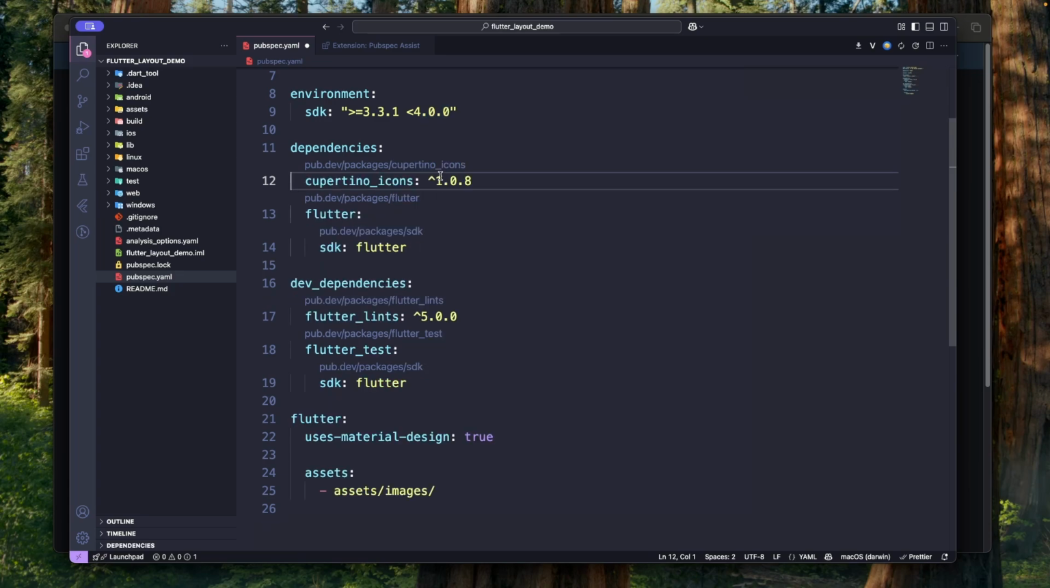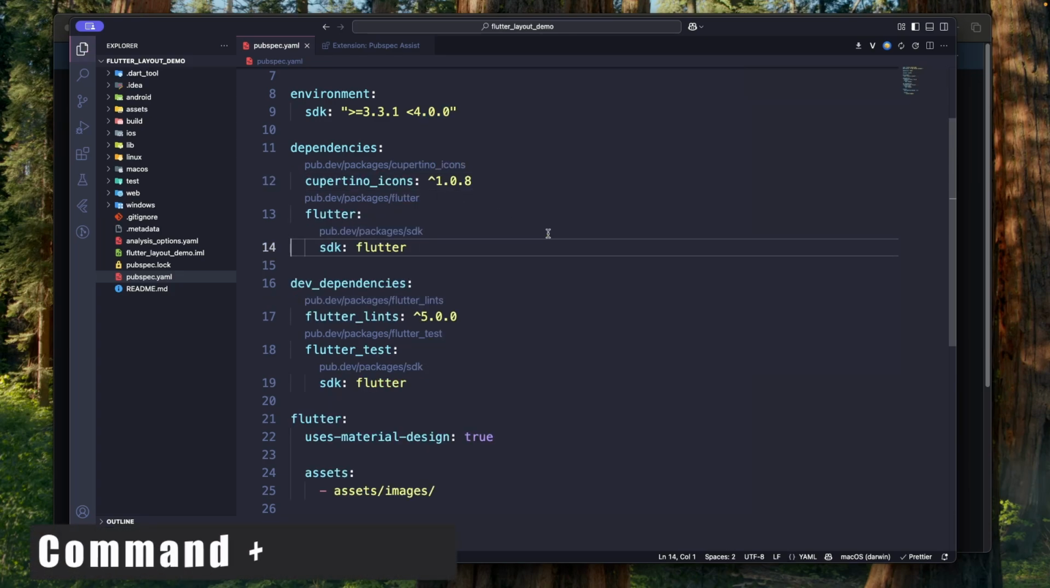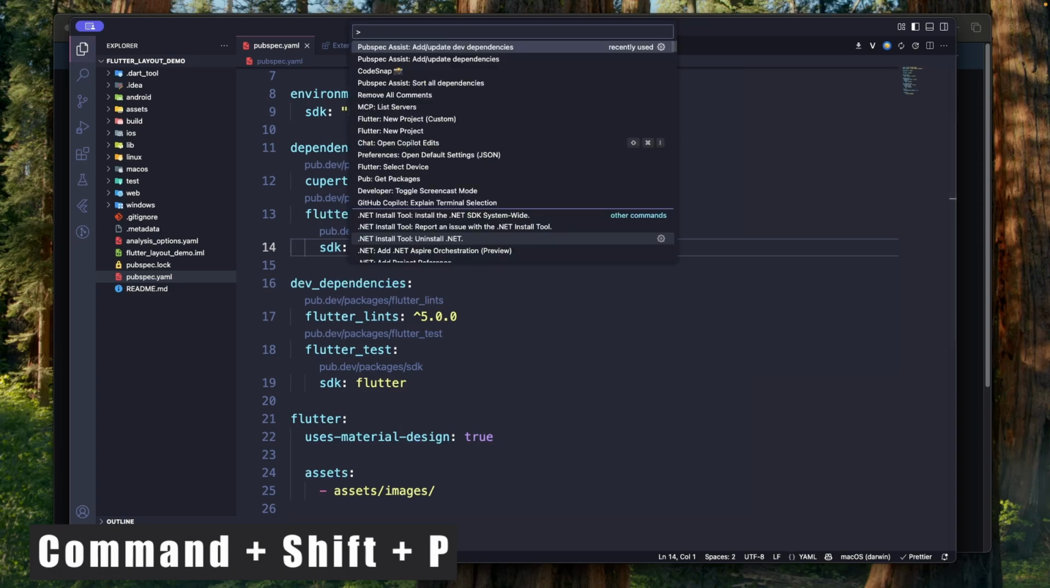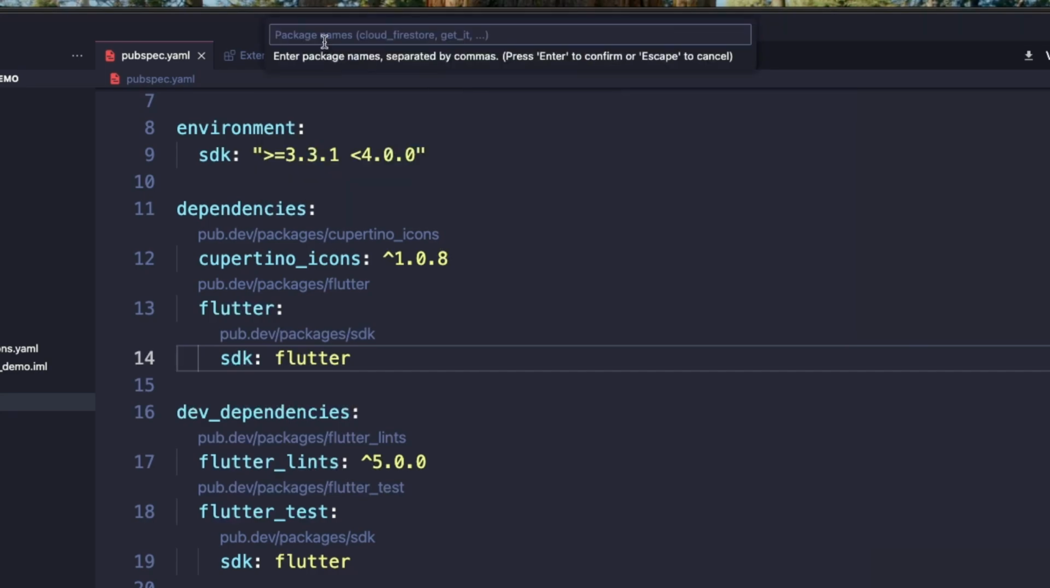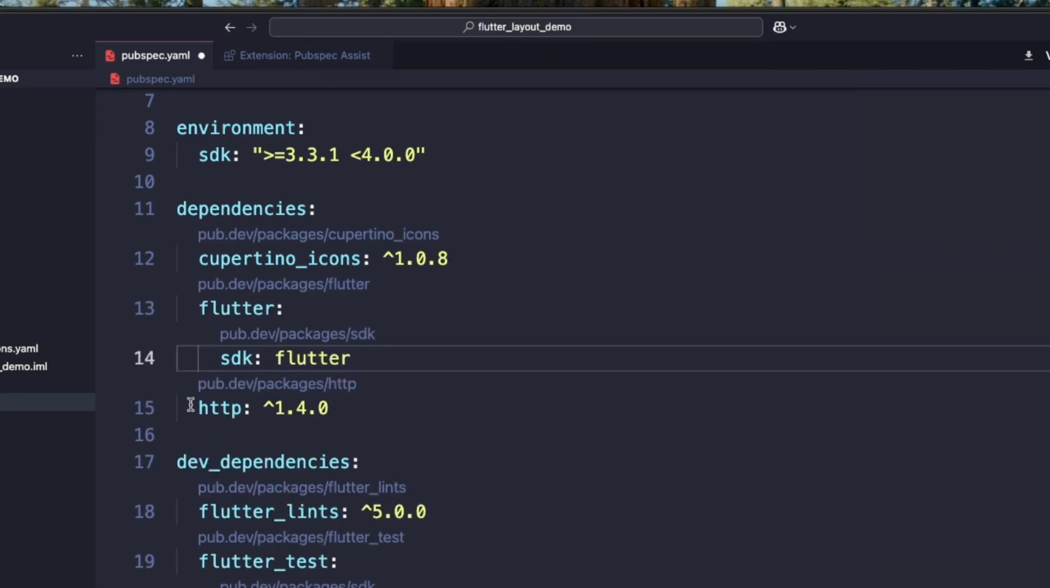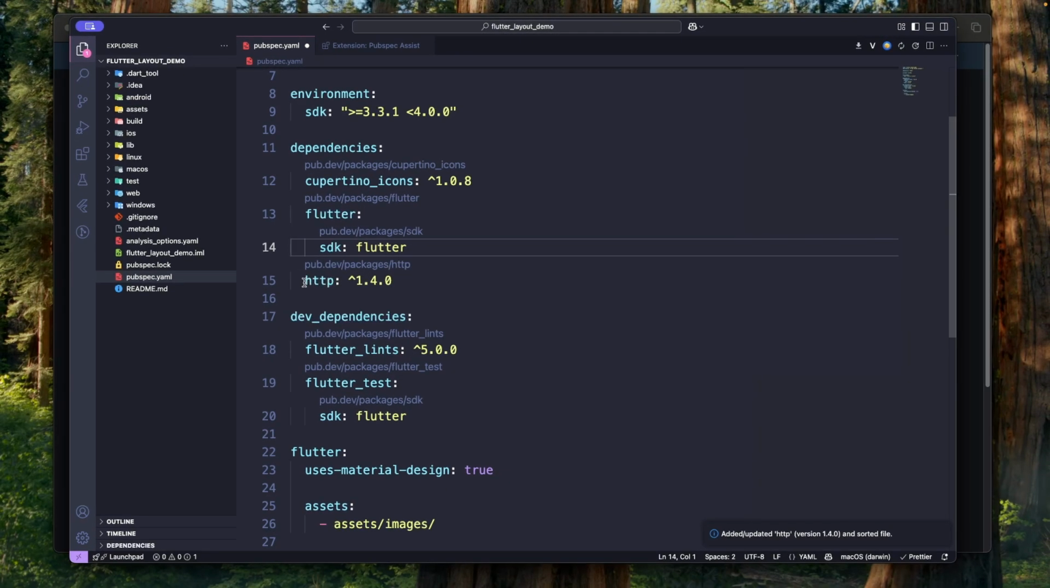But with pubspec.assist, it's very easy. Just open up the command palette using keyboard shortcut Command Shift P, search for pubspec, and here we get two important options: add or update dev dependencies and add or update dependencies. Let's select add or update dependencies. And here we have to enter the package name that we want to install. For example, let's enter HTTP, hit enter. And as you can see, the HTTP package has been added to our project with its latest version under dependencies